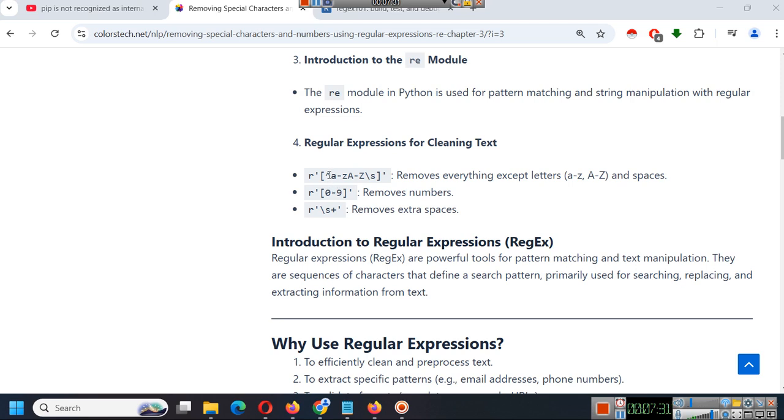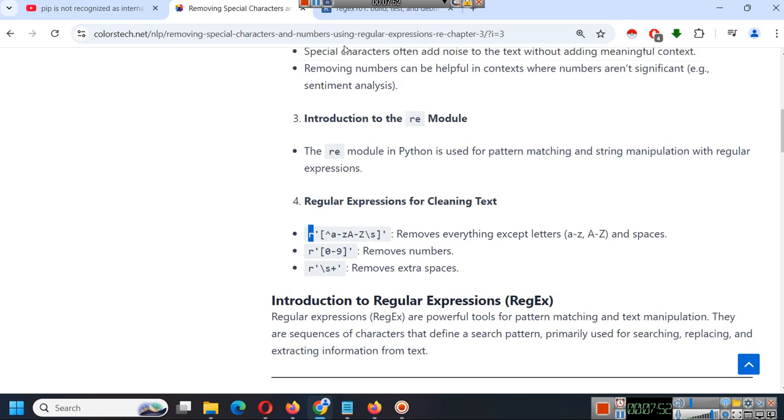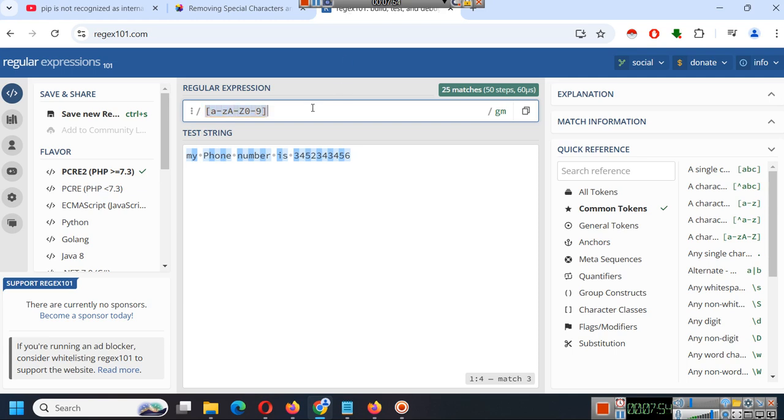As you can see, we have used a character set to remove everything except letters a to z and capital A to Z. So it will remove everything. We are writing r, so it will remove everything from a to z and A to Z. And backslash s means string. Okay, so the next thing that we have to understand is